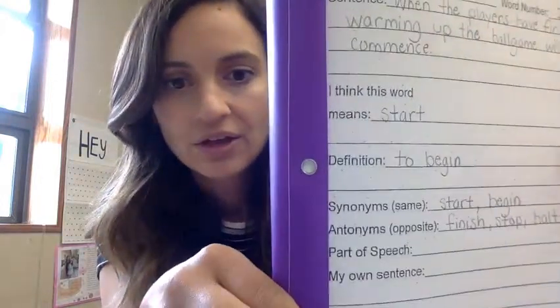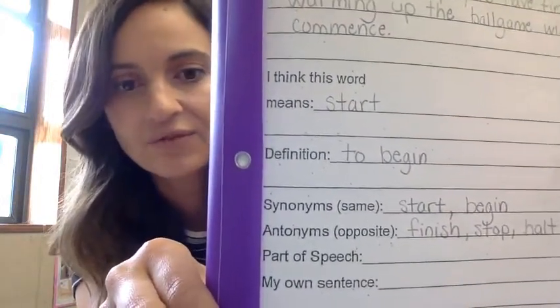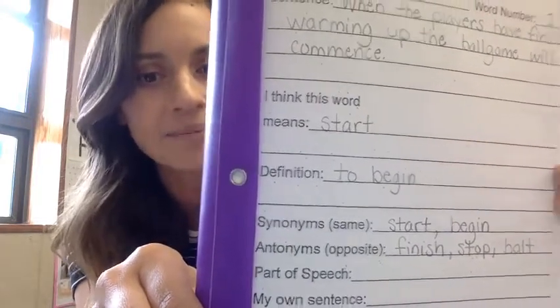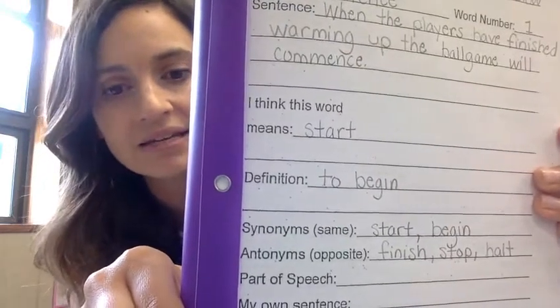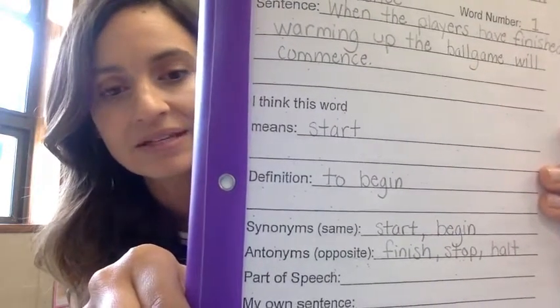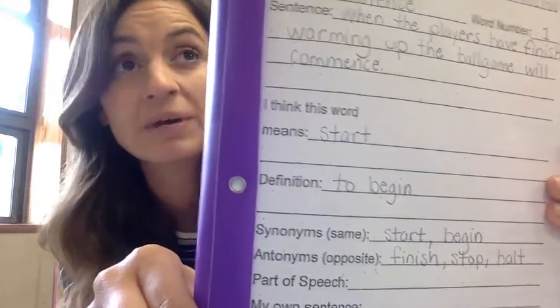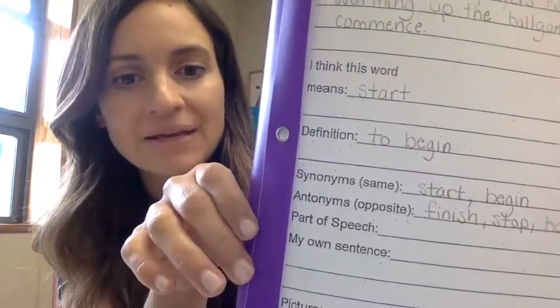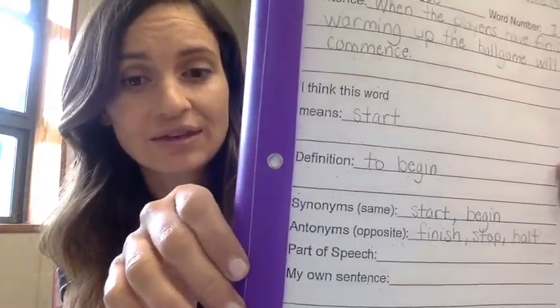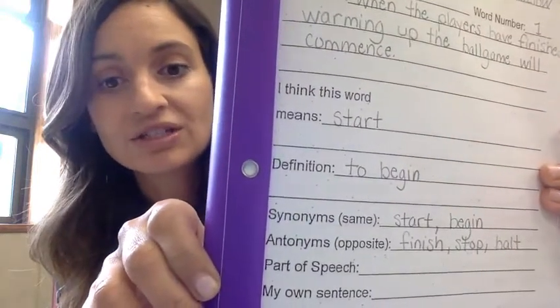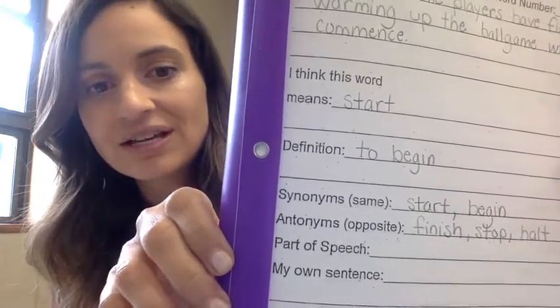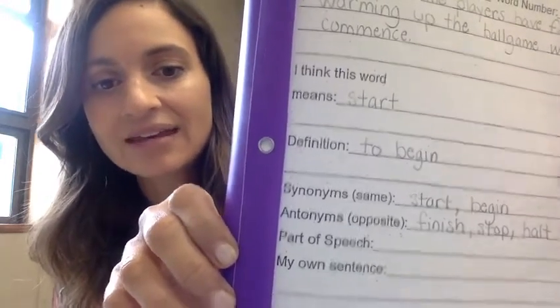Now, after you write down the definition, you can see here that we're going to write down synonyms for the word. Synonyms, think same. Antonyms, think opposite. Some synonyms and antonyms would be synonym, same. I said start or begin. That means the same as commence. Antonyms means opposite. So different than commence, the opposite would be finish, stop, halt. So today you're going to write down the definition, synonyms and antonyms, and then lastly, you're going to write the